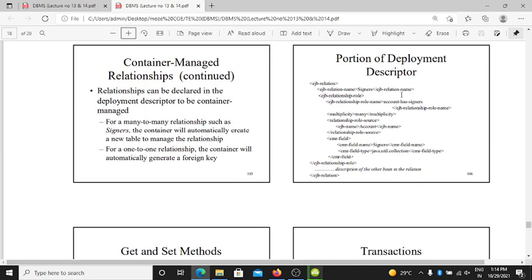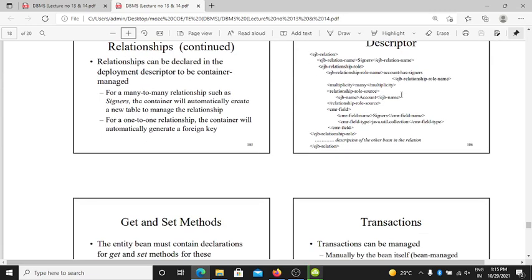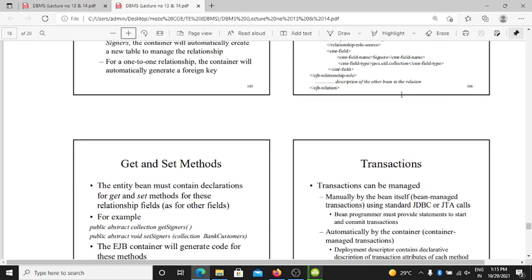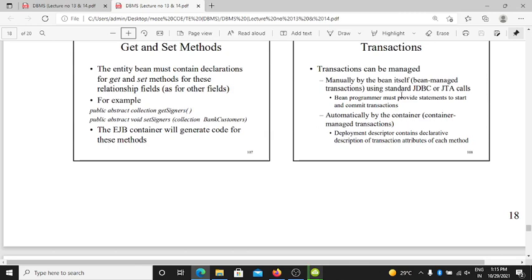For a many-to-many relationship such as this, the container will automatically create a new relationship table. For a one-to-one relationship, the container will automatically generate the get and set methods.